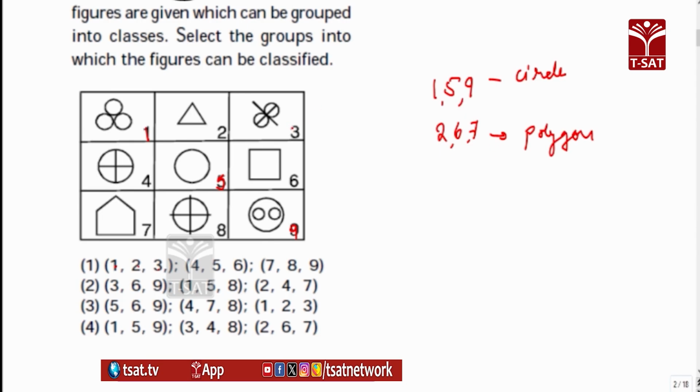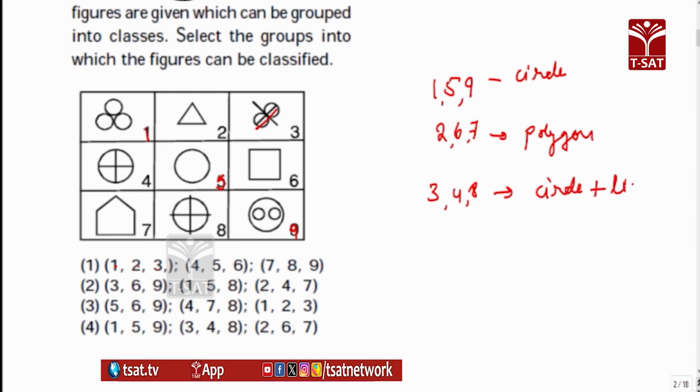And what is the next one? That is 3, 4 and 8. See, what is the character for 3, 4 and 8? You need to look at this. In 3 I can observe there are circles as well as lines. In 4 also there is a circle as well as 2 lines. In 8 also, a circle as well as 2 lines. So what is the character in 3, 4 and 8? The character is there are circles